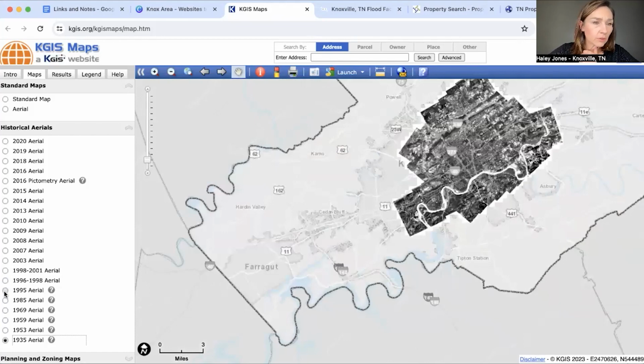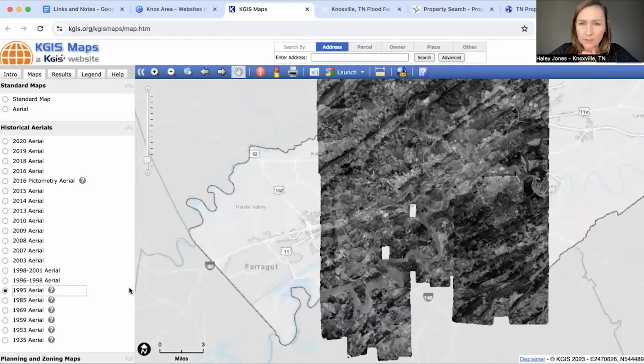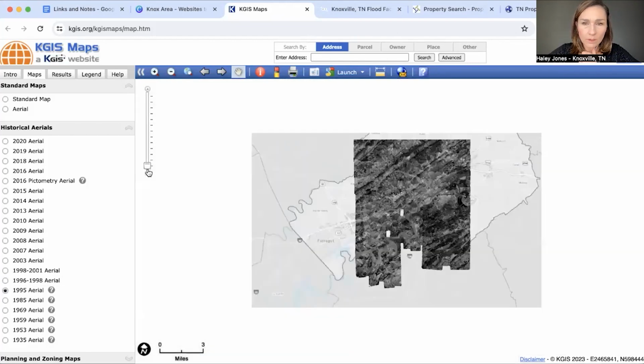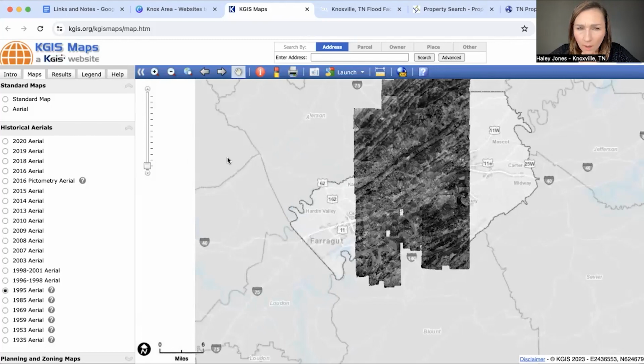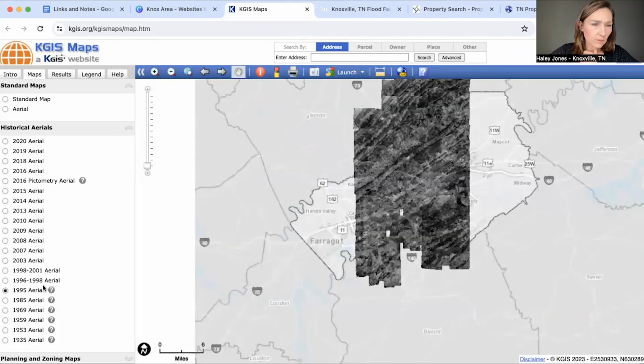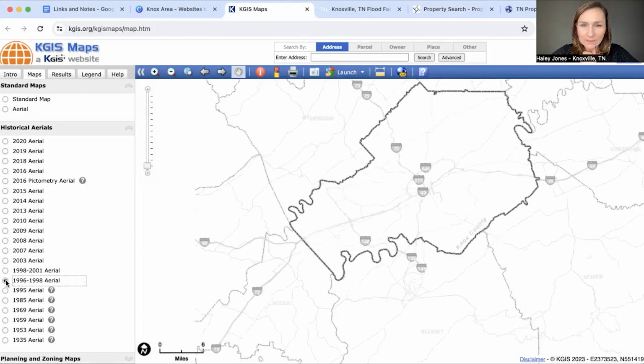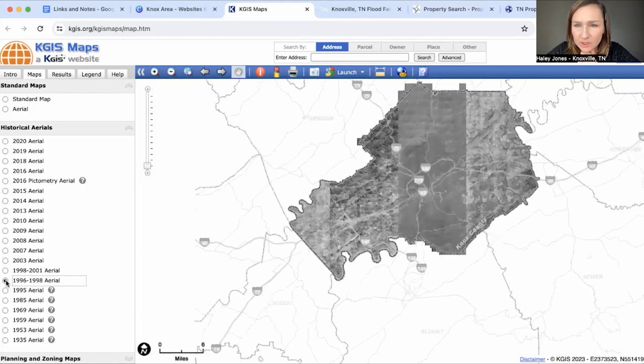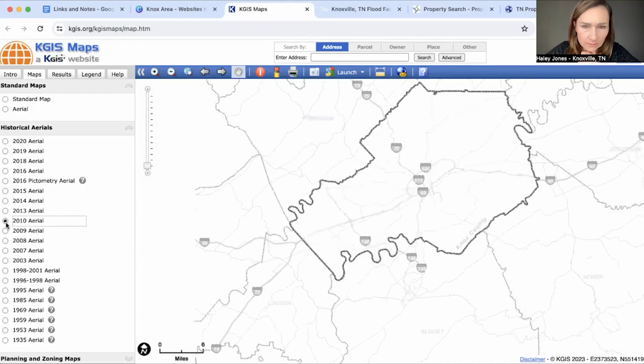If I go to 1995, please show me what I'm looking for. How do they do this? You can't even see what you're looking at. 240 scanned photographs from 1995 covering roughly 25%. Okay, so let's go to 96, 98. What I'm trying to see is Hardin Valley, the change. So these are aerial photos, 96 to 98. If I skip to 2010,